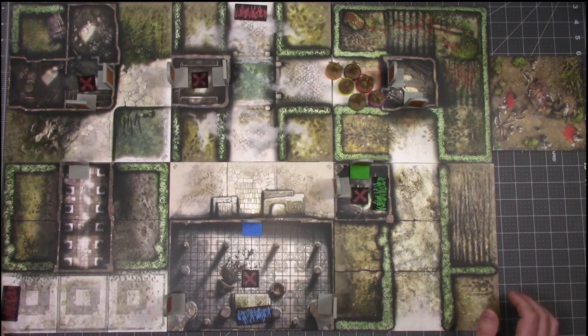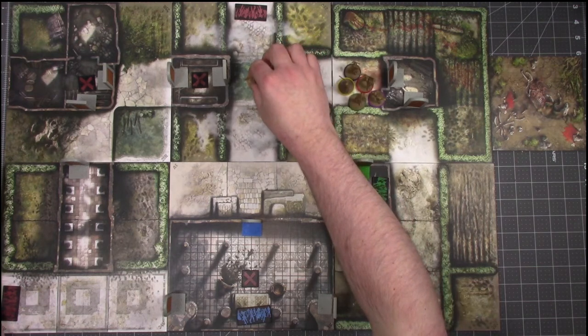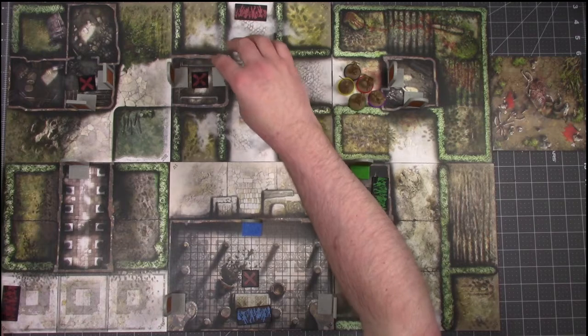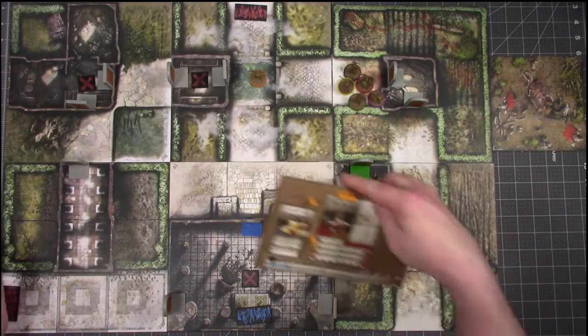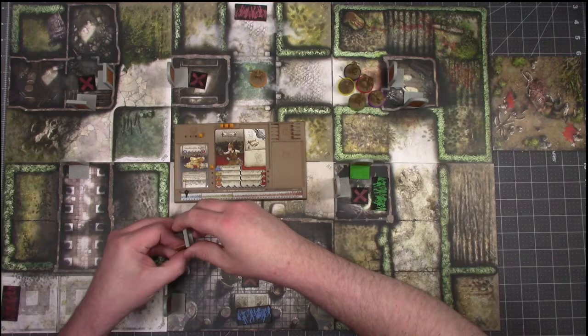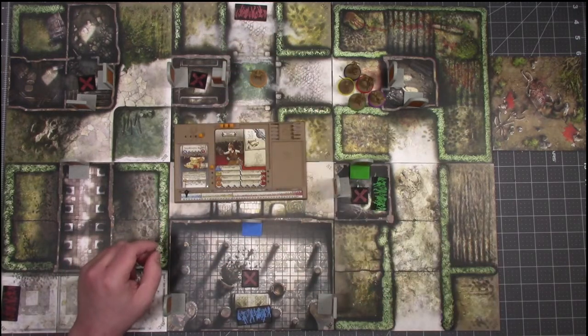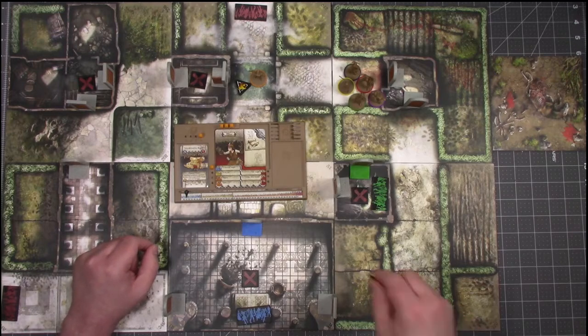Now, turns. How do we want to do this? Well, Milo is going to go 1, 2, and it's going to take him 2 to get out of this square if he goes this way or that way. But he's going to spend his 3rd action. Now, like I said, he has telekinetic blast, so he's going to open this door and then make a noise. He's going to make a noise in his cell. And that will be his 3rd action too. So we'll put a token on him so he's